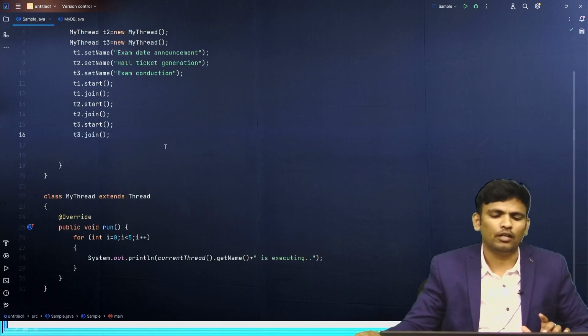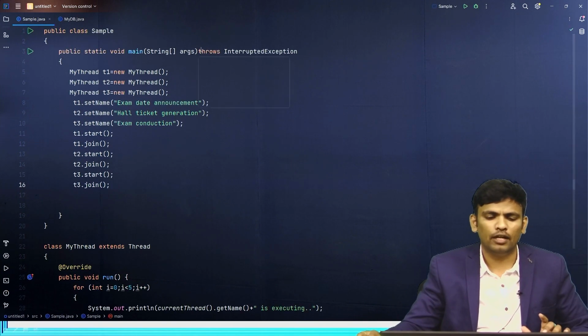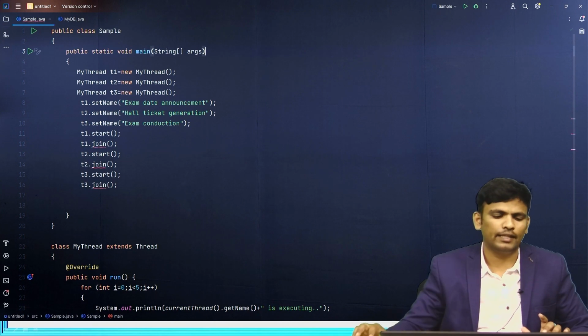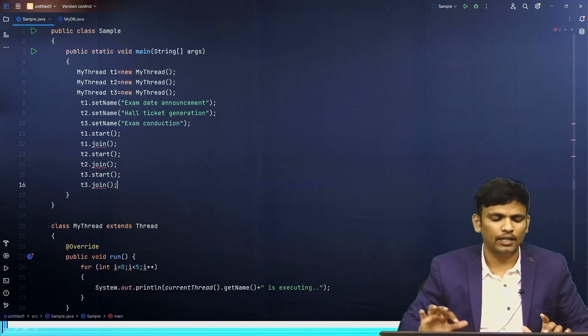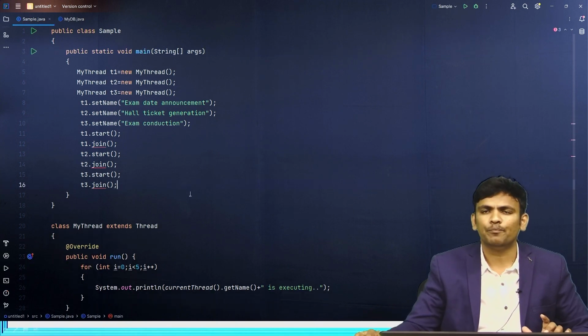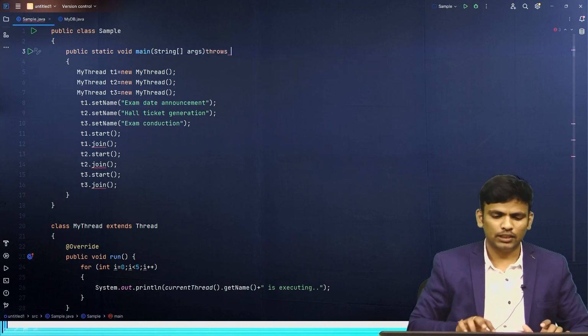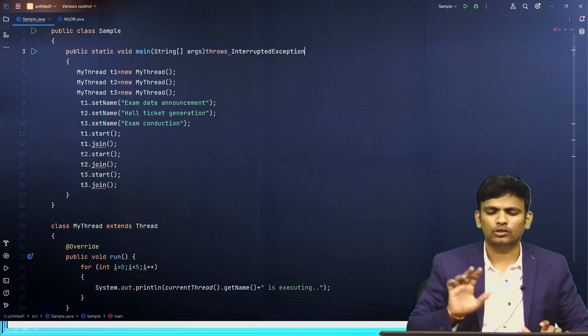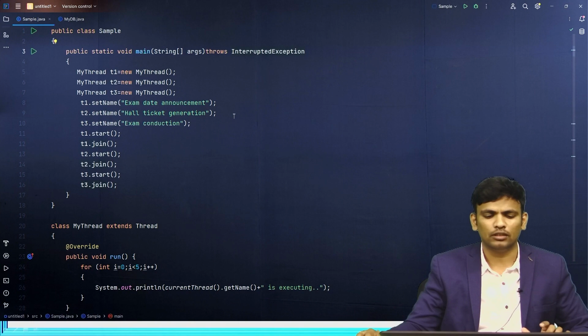and for the T3 thread also we need to call the join method. Okay, now make sure that here we compulsorily need to handle the exception. You can see, if you apply the join method in your program, you compulsorily need to handle InterruptedException. As we know, InterruptedException is a checked exception; either you handle it using try-catch or you can use the throws keyword. Here I am not handling it, I am just bypassing InterruptedException. So just write throws InterruptedException like this. Now if you observe,